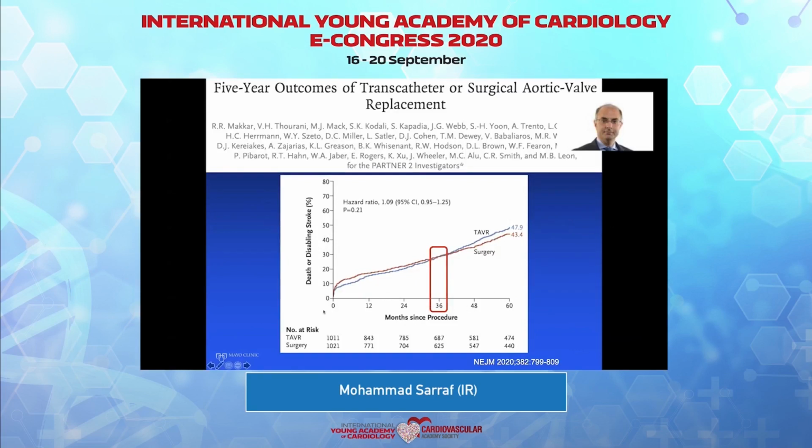So if you look at the first 3 years, clearly TAVR is at least numerically better than SAVR, but clearly non-inferior to SAVR. But roughly about year 3, things start to switch, and as you can see, the Kaplan-Meier curves diverge. Again, not statistically significant, but now TAVR, at least numerically, seems to be doing worse. And as you know, in intermediate risk patients, we are going to follow these patients for 10 years. No one really knows what the exact